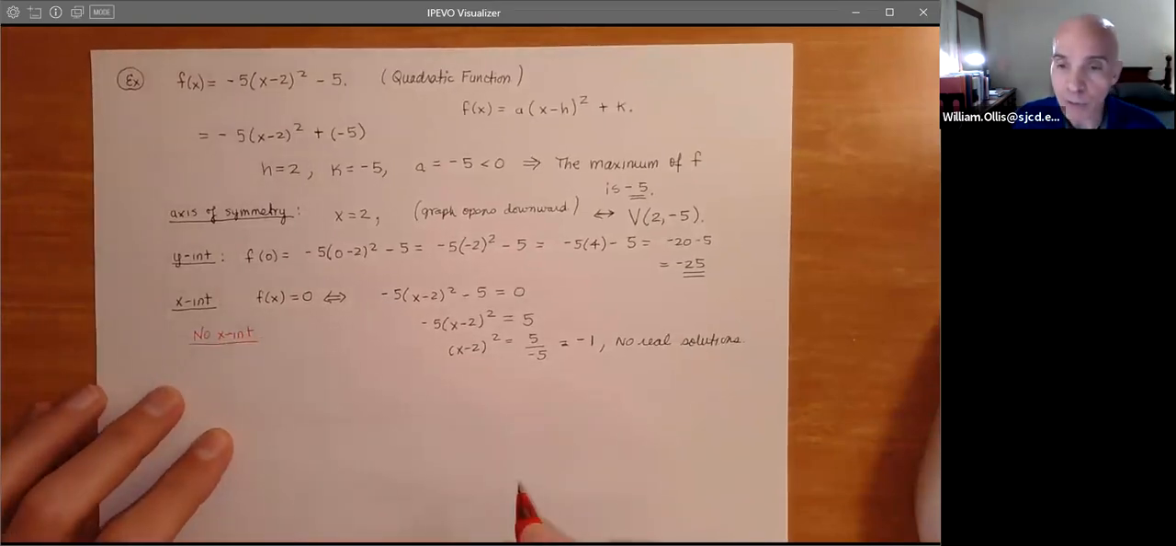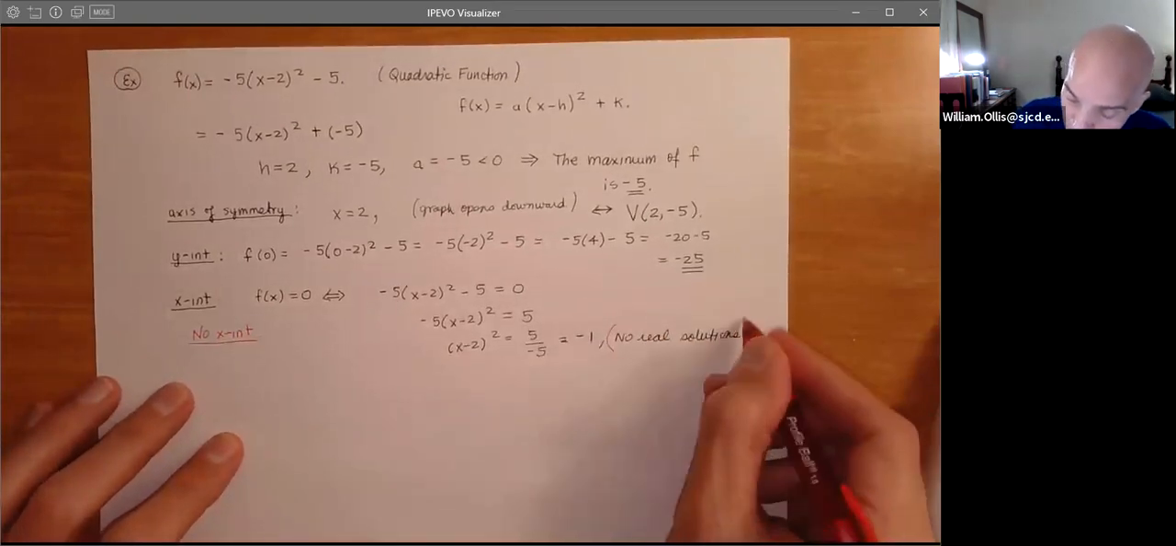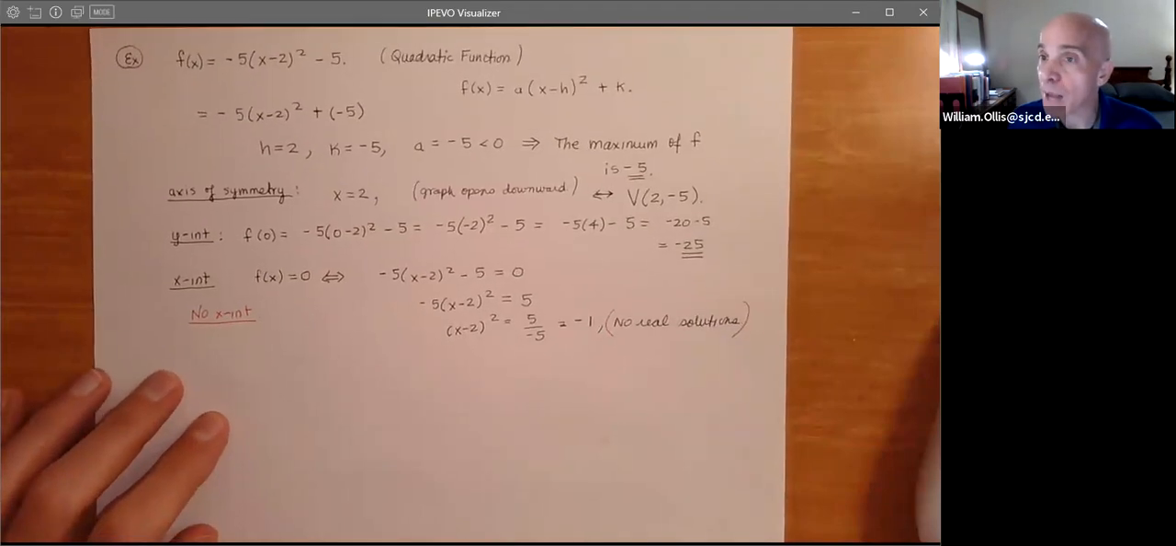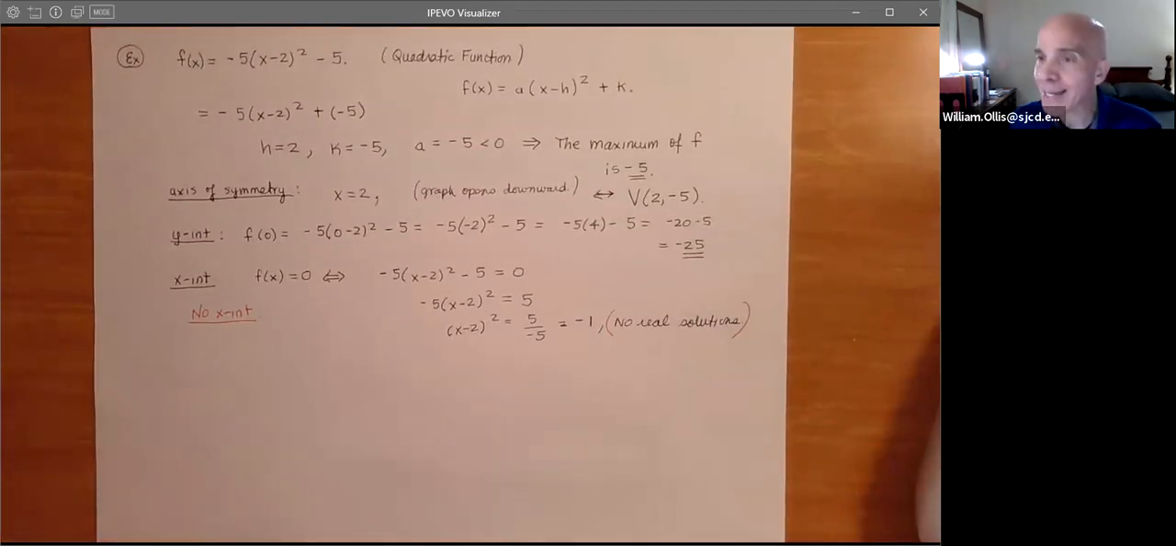No x-intercepts. Again, no real solution, no x-intercept, not a surprise. And now here's another thing that I want to share with you. When you graph these things, you need a vertex, and then maybe you can use just a couple of other simple points